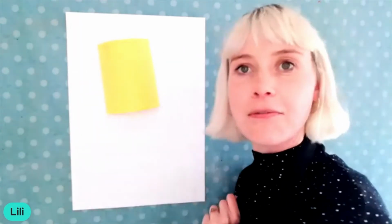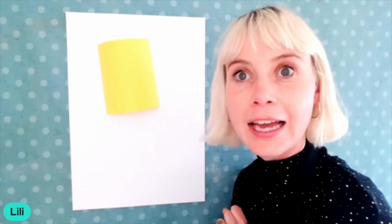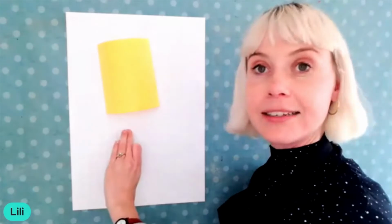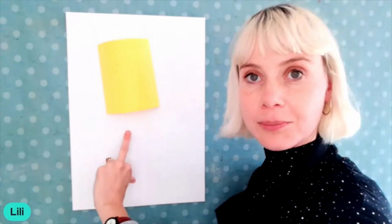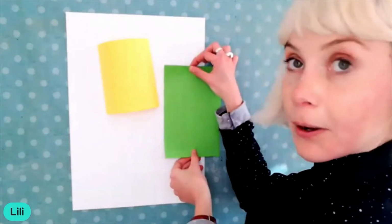So this is just the face of it. Again, use your creativity and imagination and use my ideas. Okay, so I'm going to make a little dress for this little girl. Okay, and I'm going to show you guys an easy shape, which we all know, to draw: a